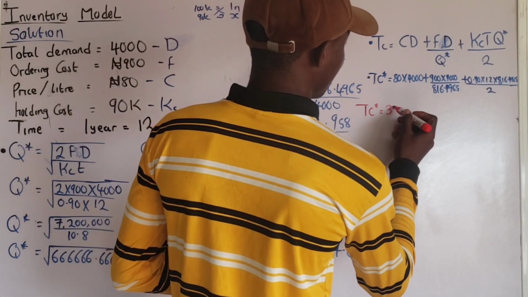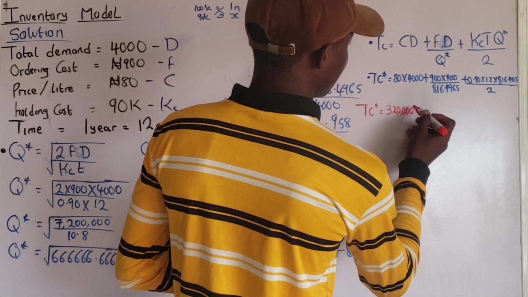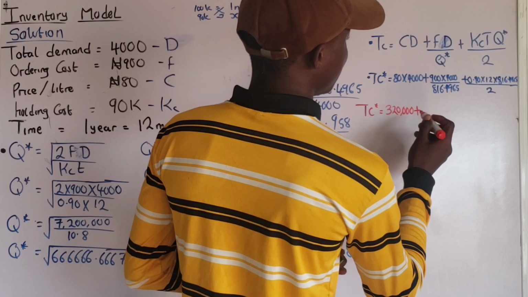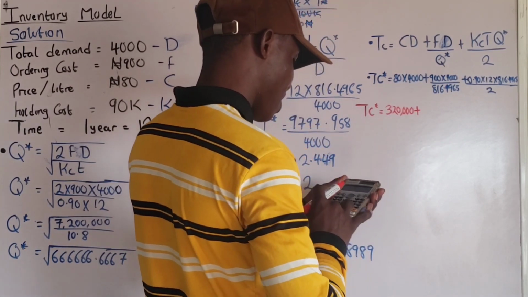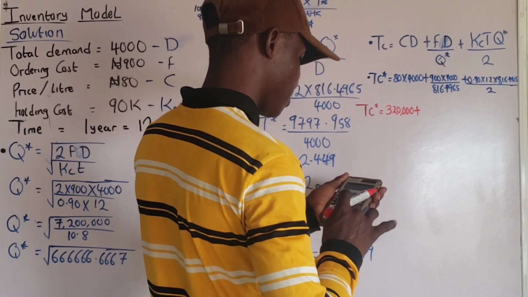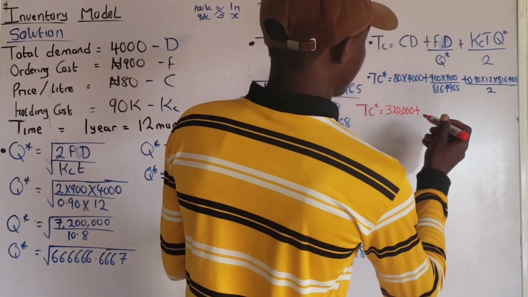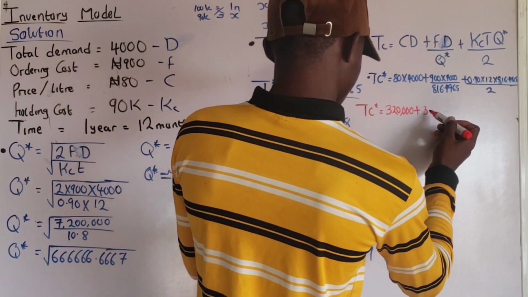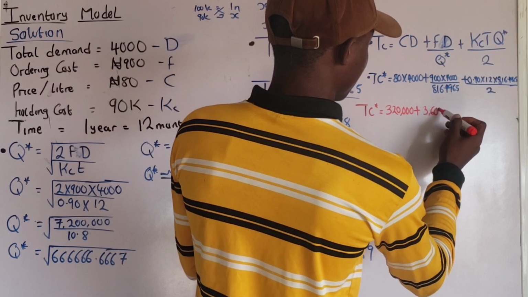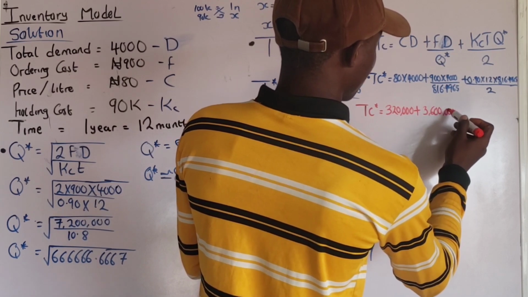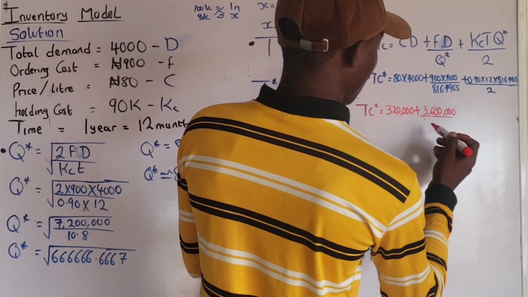So I'm going to have 72,000, plus 900 multiplied by 4,000, that is 3,600,000, all over